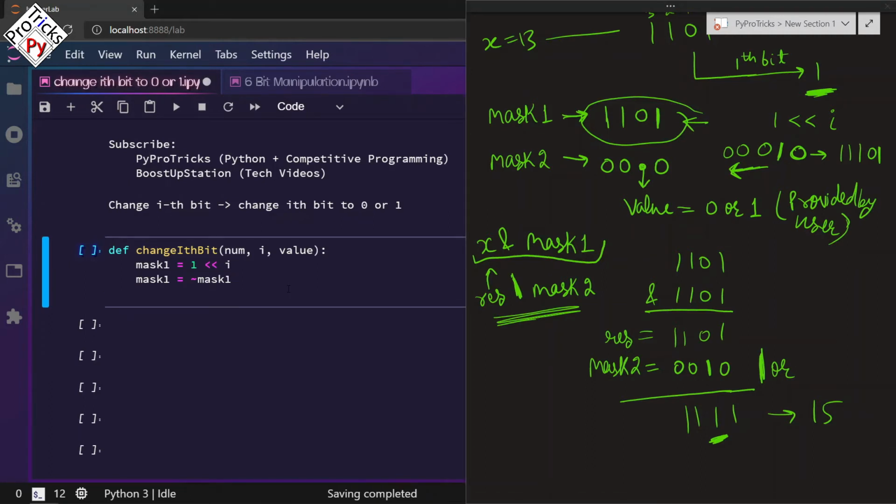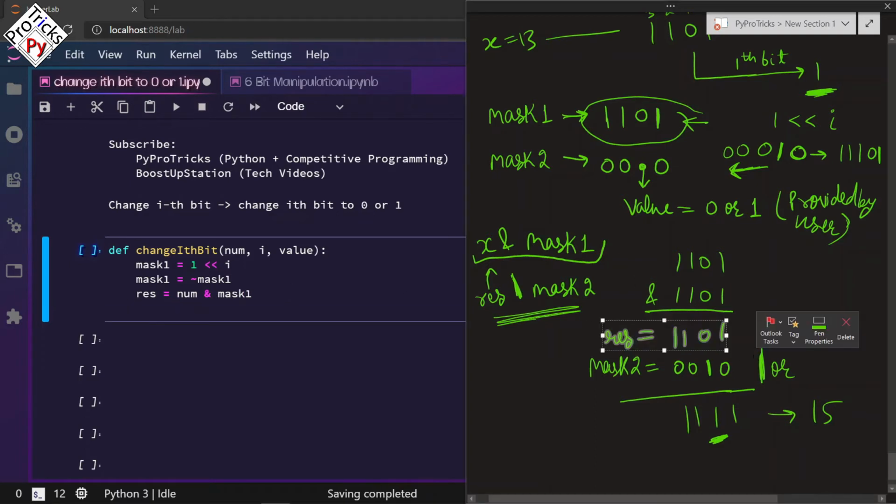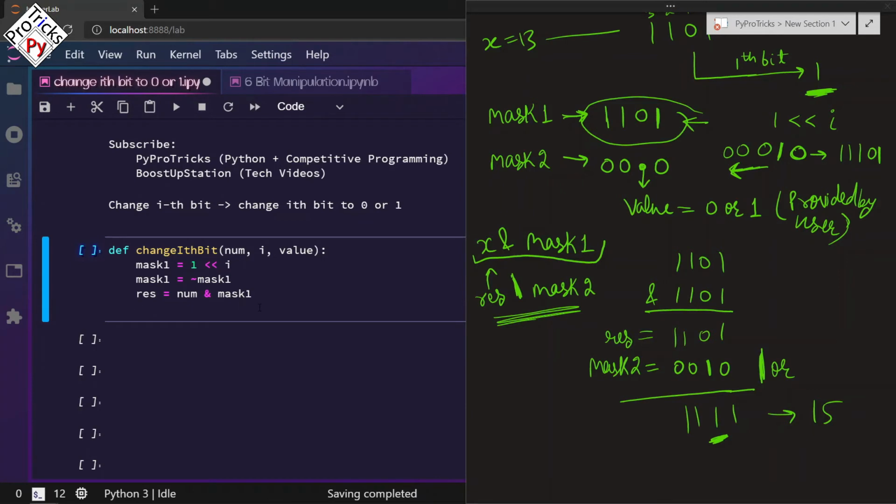Now we have to perform the AND operator between the num and the mask 1. Now we have reached this result. Now the final step is to take the result and do the OR with mask 2. But first we have to create the mask 2 here. For creating the mask 2, we just have to left shift 1 by i number of places.